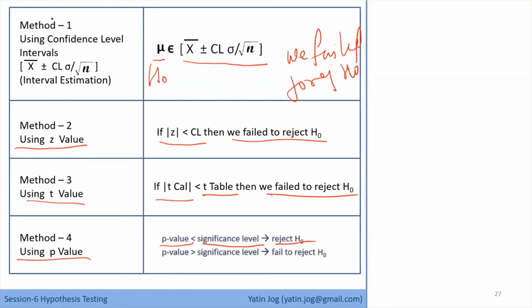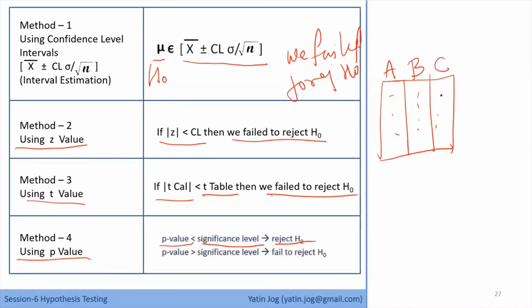So now till this point, what we have discussed is how to deal with 1 sample, how to deal with 2 samples. But what if we have more than 2 samples? In certain problems, if we have 3 samples, suppose I have sample A, sample B, and sample C, and then I have some data points. So we know how to deal with 1 sample, we know how to deal with 2 samples, but if a